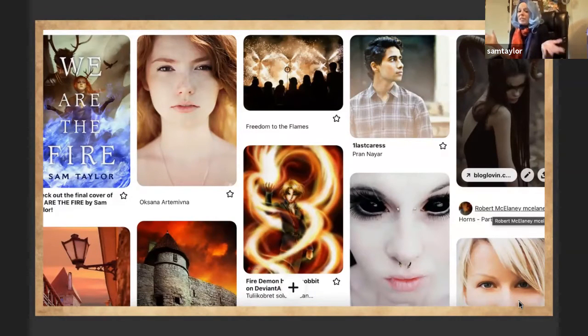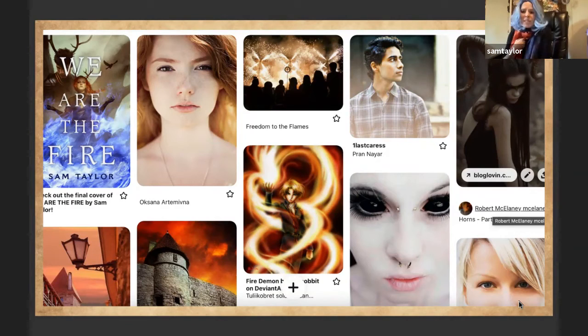Another way to visualize: Pinterest boards. And I know it's kind of a joke among some authors in the community. We will talk about wasting time on Pinterest. For me, in the very early stages of brainstorming and world building, it's not a waste of time. I always build a Pinterest board for every story I work on. It really helps me get a good picture in my mind of the different settings and landscapes in the stories.